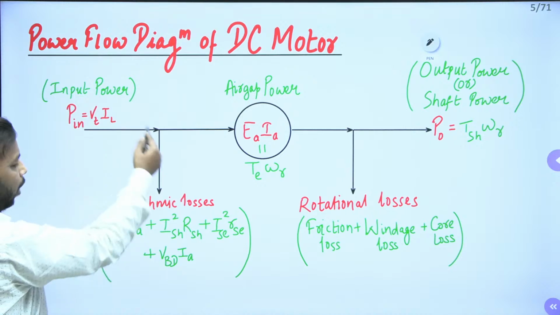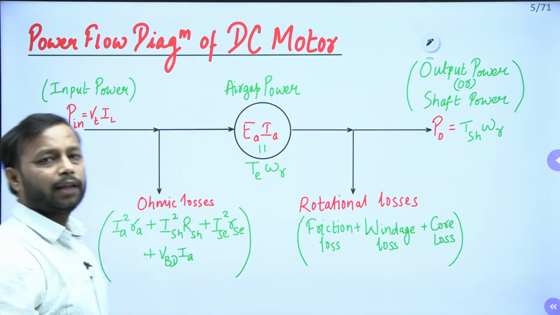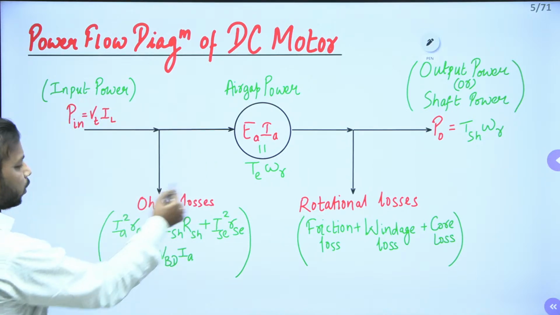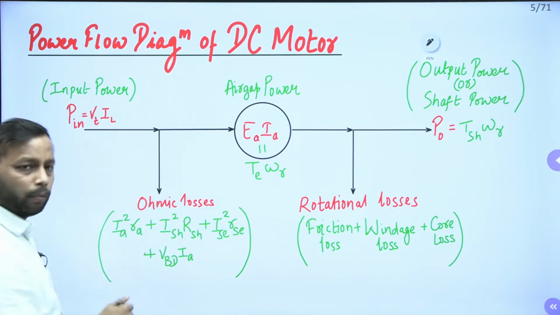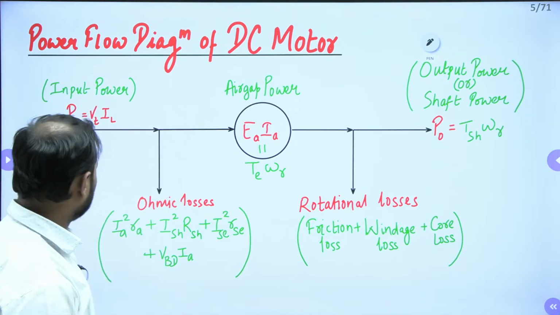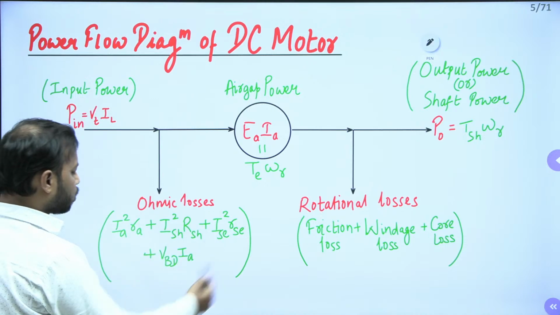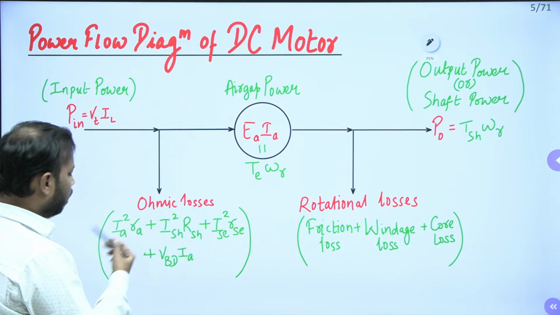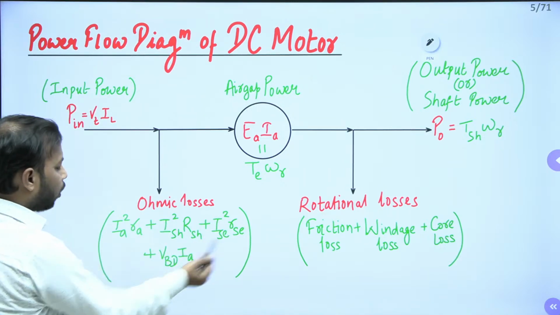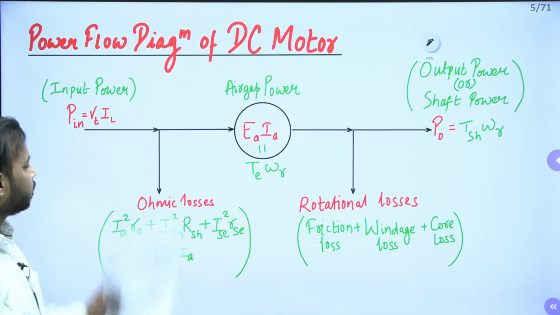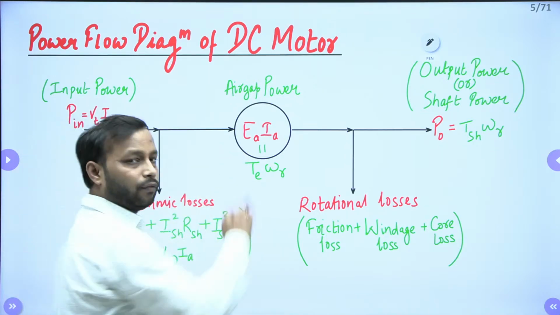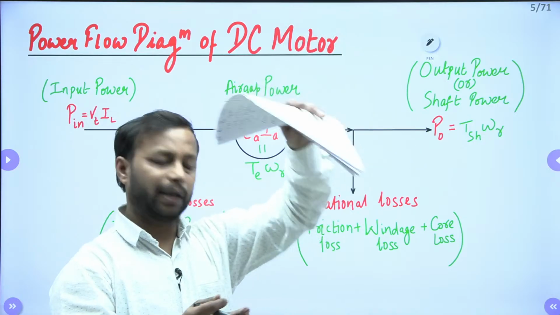Now after that, we will be having the armature. So the armature will give you the ohmic losses together with the field resistance. So the ohmic losses consist of all these parameters: armature loss, shunt loss, series loss, and the brush loss. All these losses are known as ohmic losses. And after that, between the